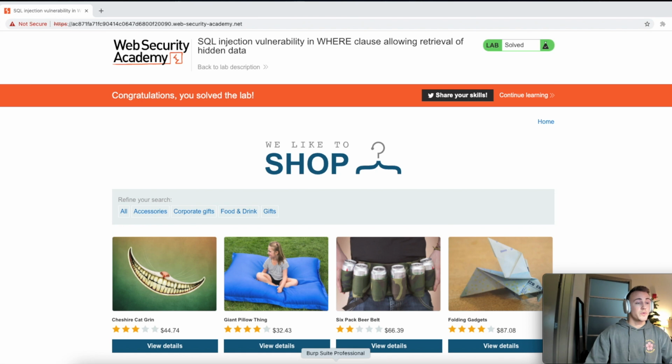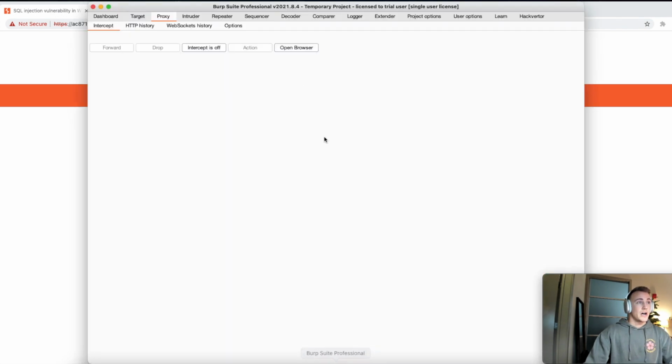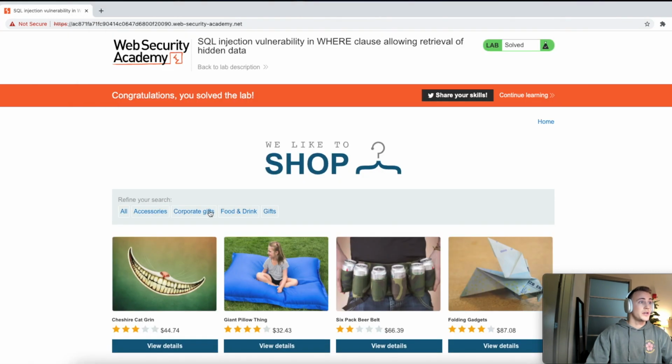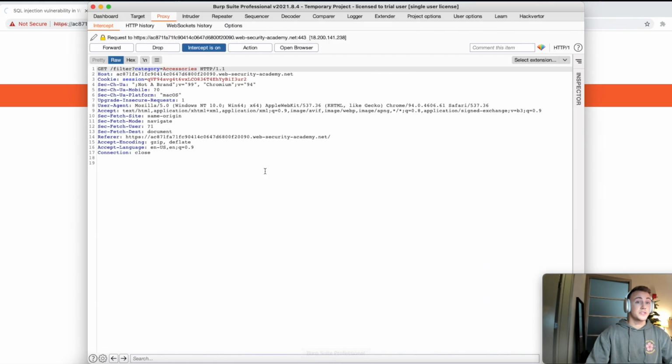So what we want to do is load up Burp Suite, turn the intercept is on button on, and then pick one of these categories to filter by. Any of these will work. I'll go ahead and choose accessories. And now our request is suspended on behalf of the proxy within Burp Suite. We can see that this category is being passed through as an HTTP